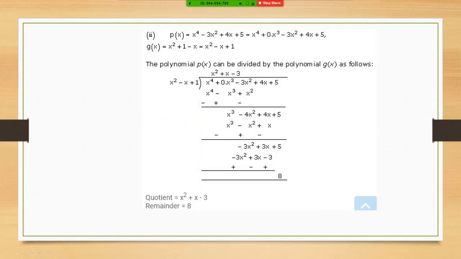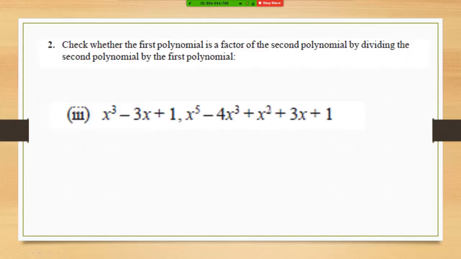Otherwise you need not also. It is up to you. As you have learnt it, you can continue. But I feel it's always better that you fill up all the spaces wherein those degrees are not there, by a 0 multiplied, so that it's easier for us. This is the next question after second, third part. Hold a minute.